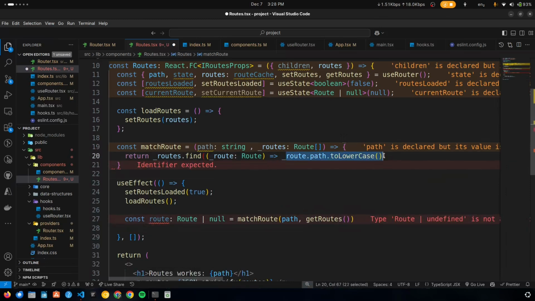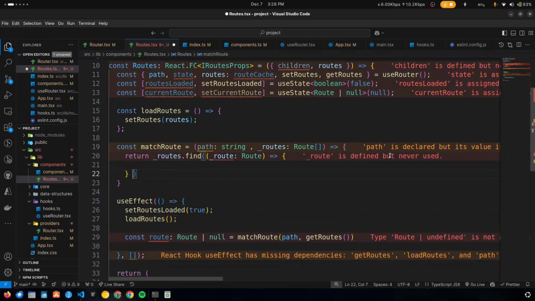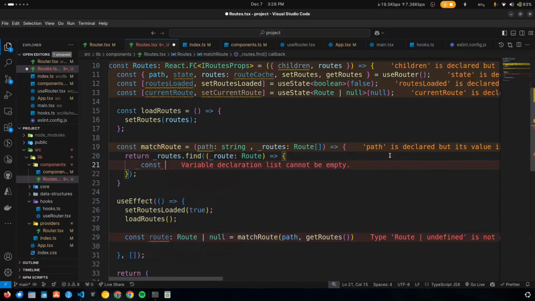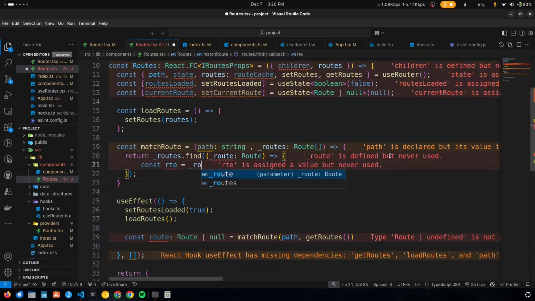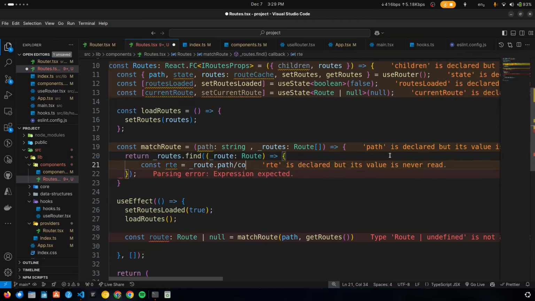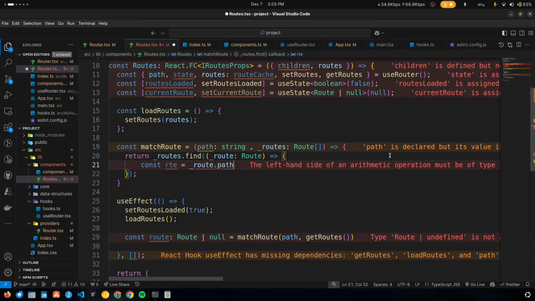Actually we have to do something more. Before that, let's add the curly braces here, and here we are going to check. Here we have the route, and I will write it as rte, and here we are going to check if _route.path